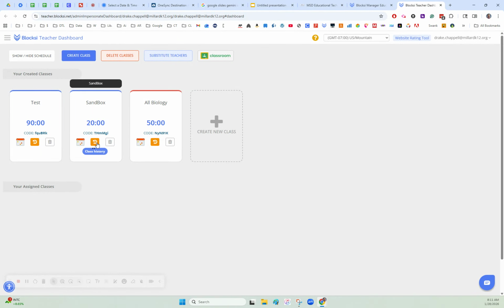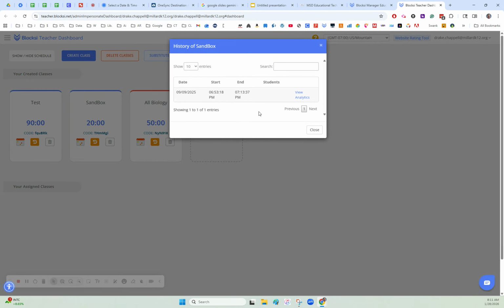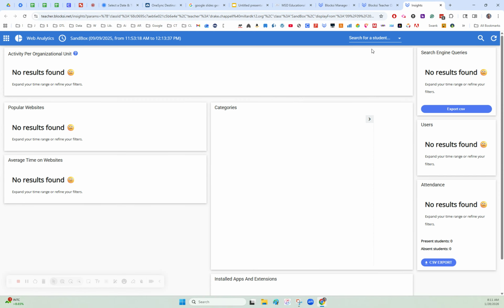Also, you'll have this class history. If you click that, it's pretty cool, and since this is not a real class, I don't have a lot here, but each class period that you have and you start Blocksi will record right here. You can come over and hit view analytics, and then obviously I don't have anything here because I don't have